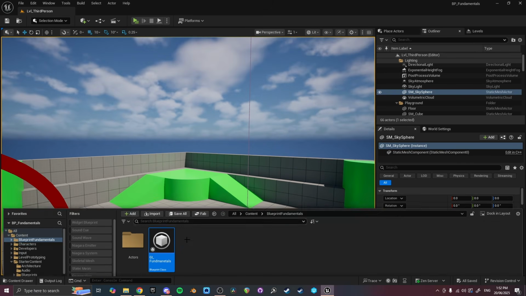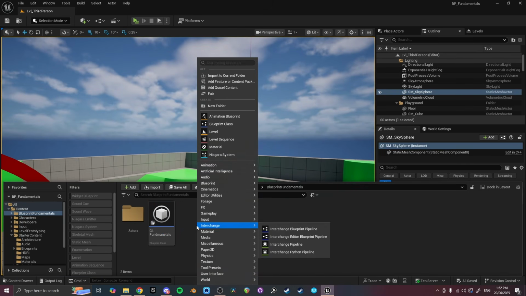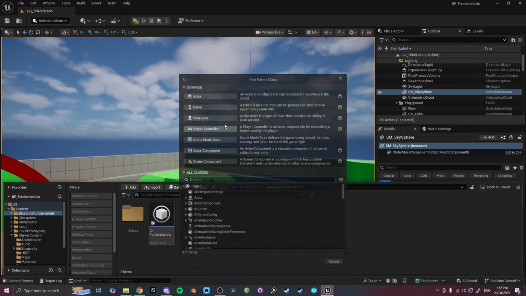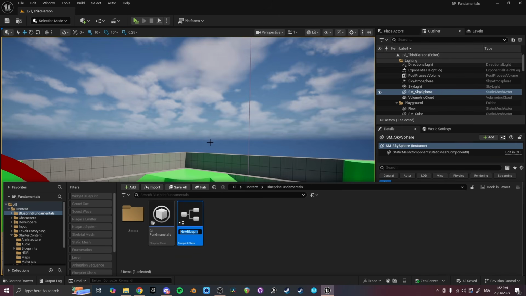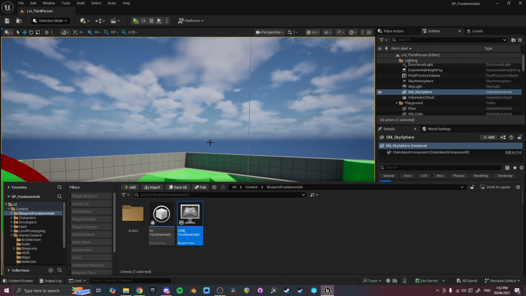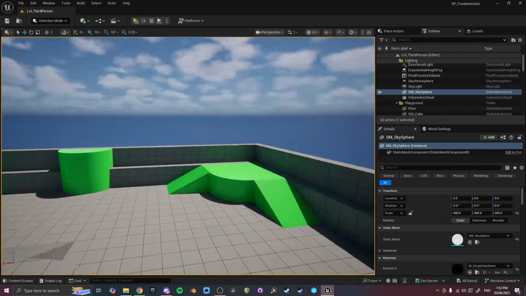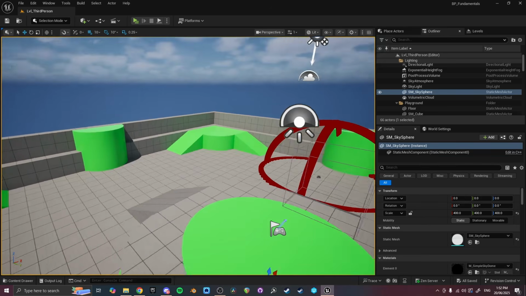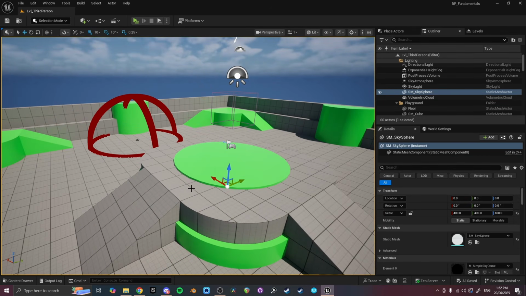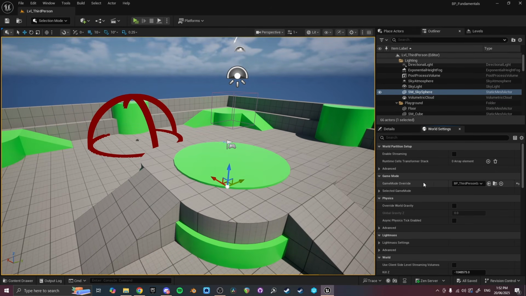Now, I suppose the next thing that we might look at is the game mode. So if we go to blueprint class game mode base, that one's just there. So if you go GMB underscore, we'll call it fundamentals, and I'll try to spell it properly this time. The game mode is basically something that applies to each world in your game. So we're in a world right now, we're in a level. You can see we've got the level here, and they describe it as defining the rules of the game. So if you go to the world settings,